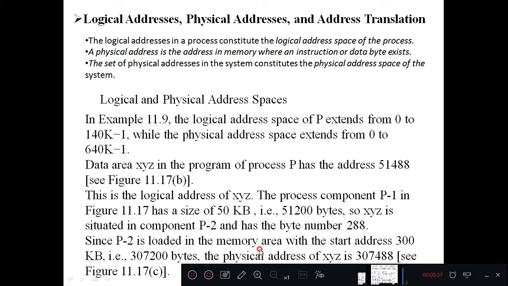So there are two types of addresses. One is called the logical address and second one is called the physical address. In the last class I discussed the logical address is like dividing the hard disk into partitions. After dividing the hard disk into partitions, you will name those partitions like C drive, D drive, E drive, F drive. These are nothing but the logical memories. But the actual data or the instructions are going to be stored in the hard disk itself. So that hard disk is called a physical memory.